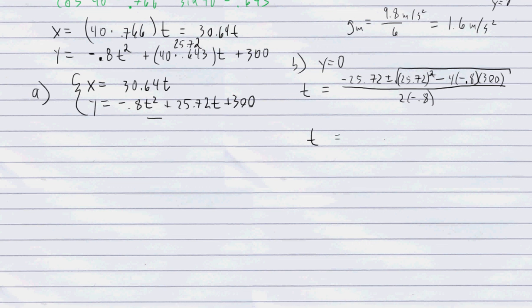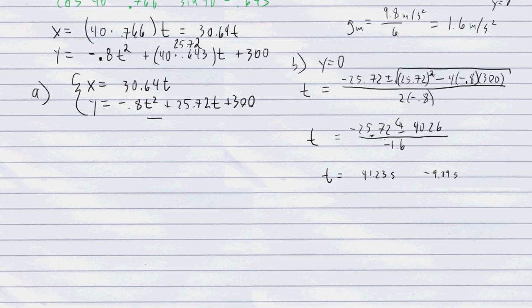This boils down to negative 25.72 plus or minus, after we simplify everything, 40 inside the radical, after I do the b squared minus 4ac, 40.26 over negative 1.6, after we multiply the 0.8 by 2. Anyway, that works out to be negative 25 plus the 40, negative 25 minus the 40, divided by negative 1.6, and again, heating up the calculator gives us t is equal to 41.23 seconds, or negative